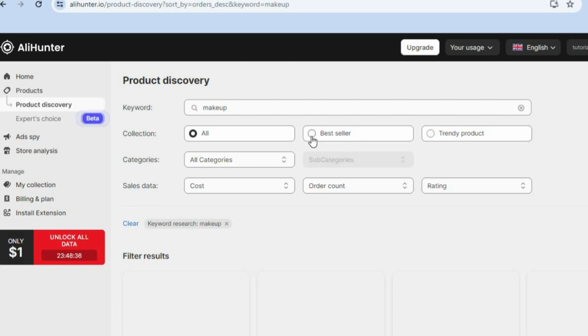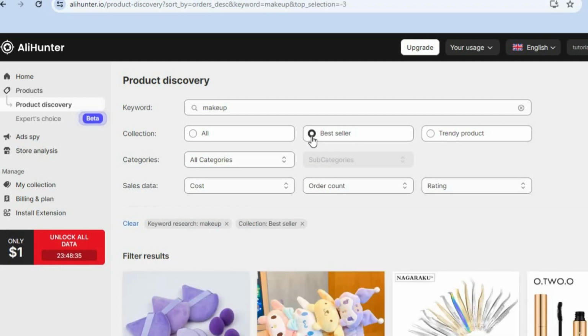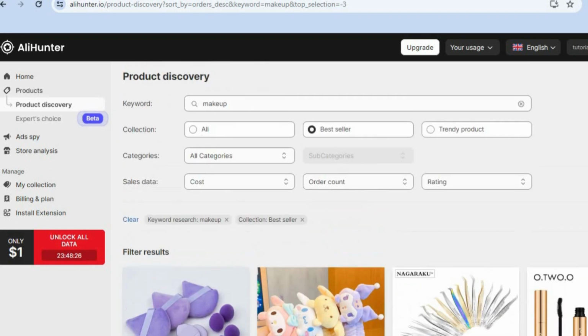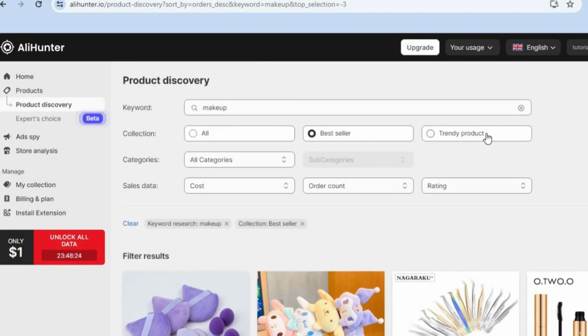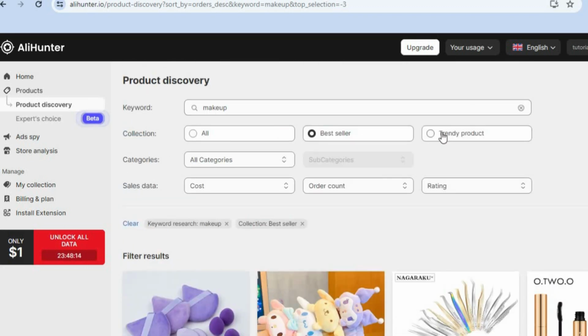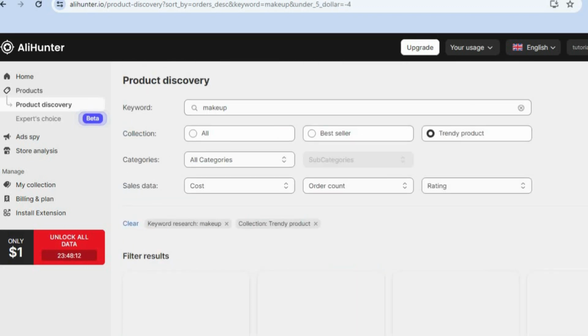You could tap on bestseller right here, and then from there you'll be able to find best sellers in that particular category. So all you'll need to do is scroll down and you can see them right there. The only thing that I don't see with this platform is you cannot zone down on the time that these products were released or so on. You can tap on trendy product and you'll also be able to view trending products in that particular niche or